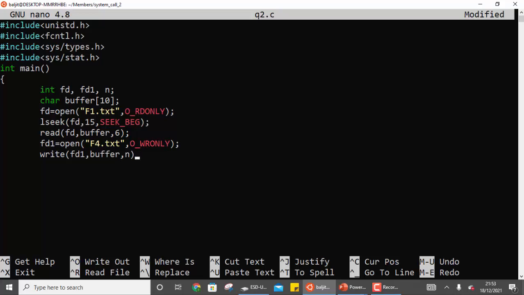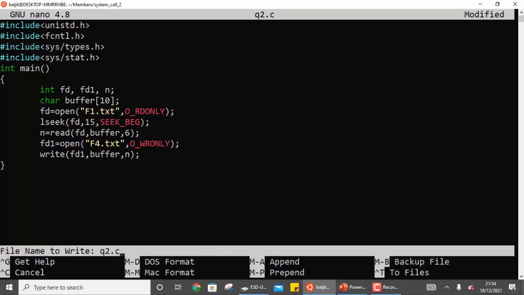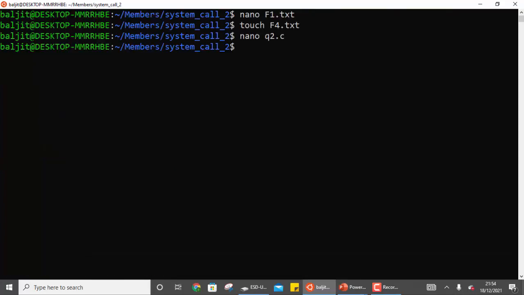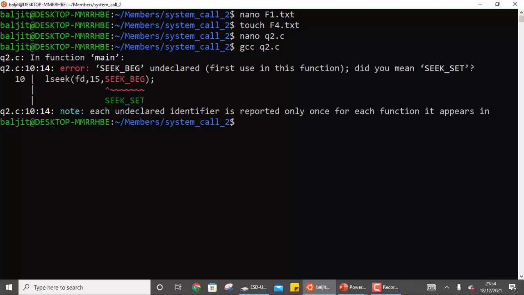Those many that were read. So I will read, save it into n, how many it was able to read. Alright, save it, compile. SEEK_ undeclared. Okay,